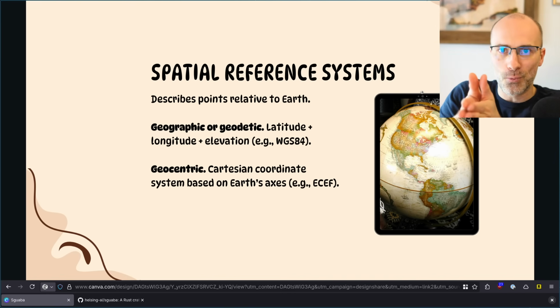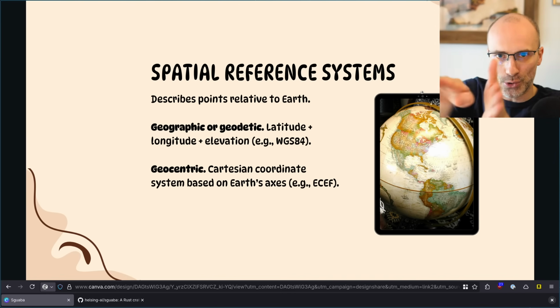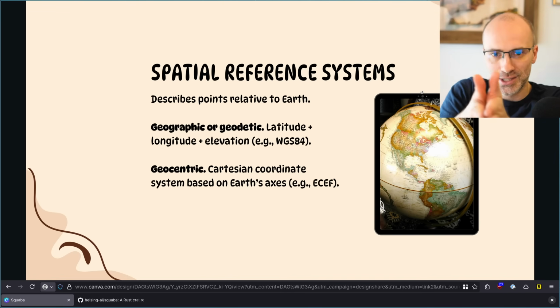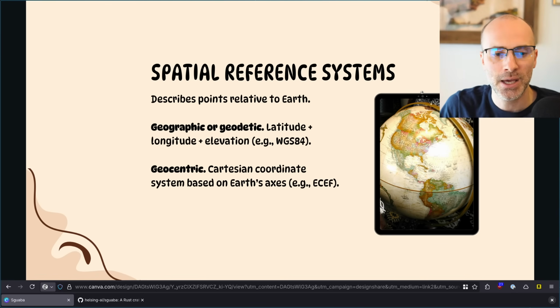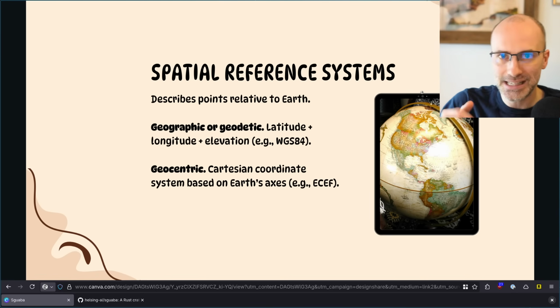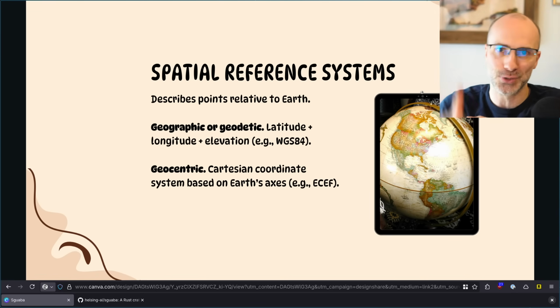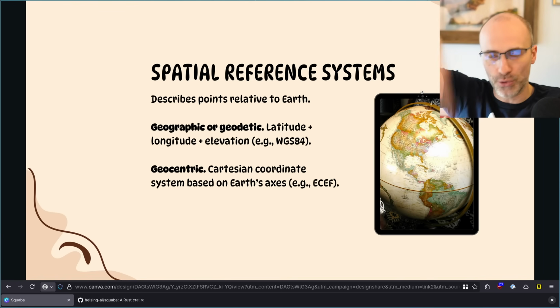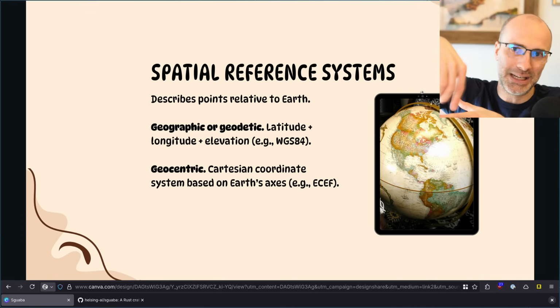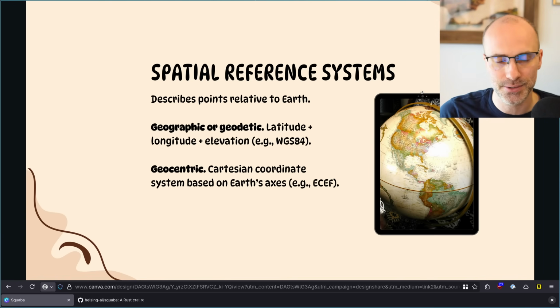Then the y-axis goes along the equatorial plane, pointing 90 degrees along it. And then the z-axis is the third axis, which goes up through the poles, orthogonal, or perpendicular rather, to both of the previous axes.